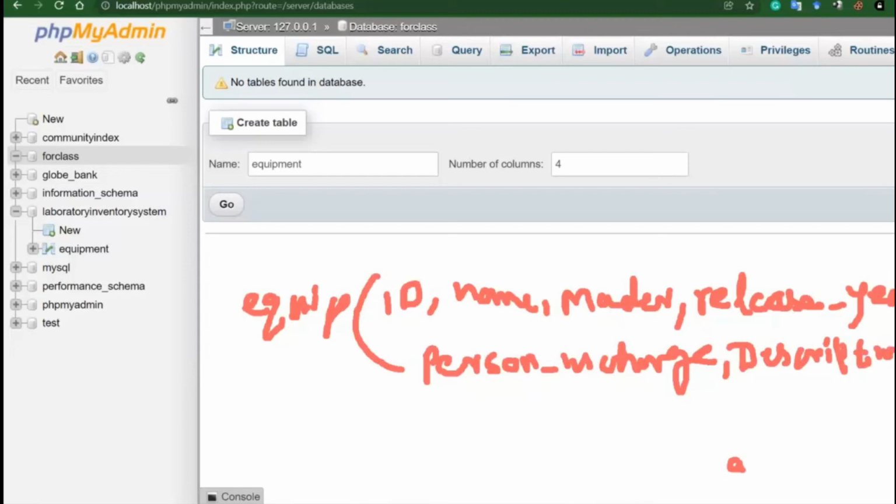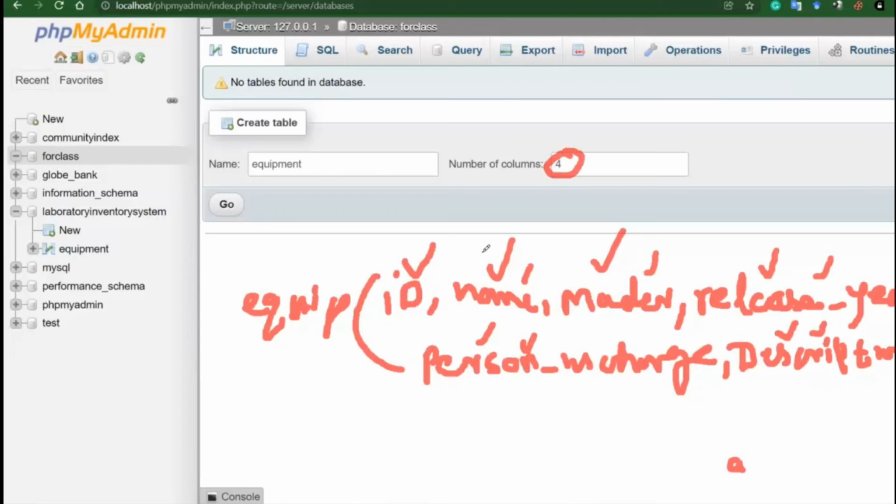Okay, so just to be simple, I will use these columns: id, name, model, release year, person in charge, and description. If you want to add more, you can add as many as you want. So how many columns are these? 1, 2, 3, 4, 5, and 6. So 6 columns. Then I will change this 4 to 6.